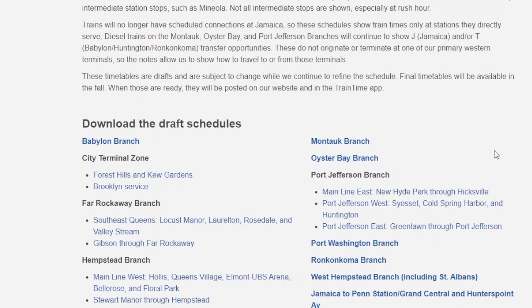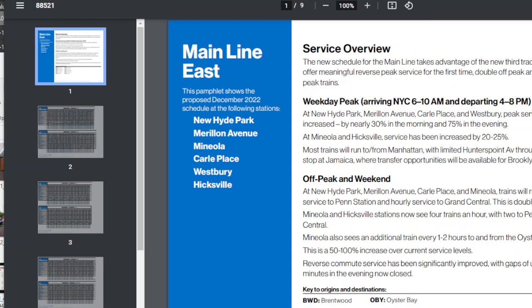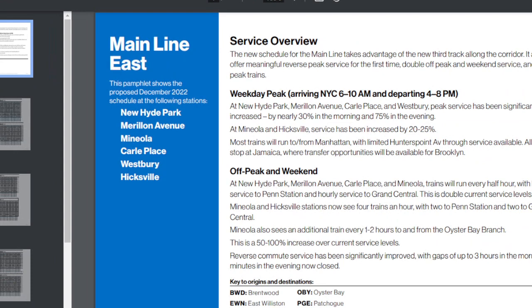So let's start with the Port Jefferson branch, main line east, Hicksville through New Hyde Park. They're splitting this up, so this is going to be a little different from what we're used to looking at. This is the overview that we have for the service here. Let me make this a little bit easier so you can see this. It says here,